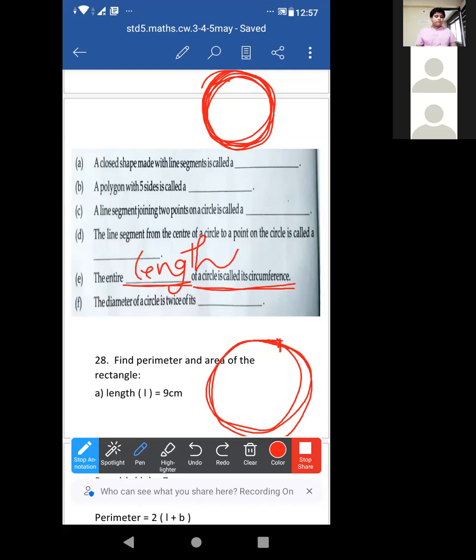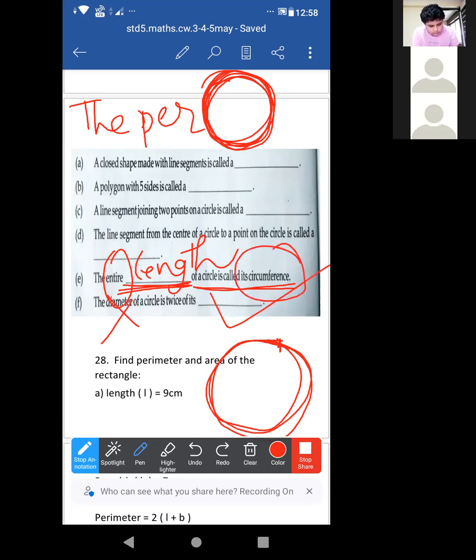One thing, some of you will say the entire perimeter of a circle is circumference. Some of you probably will say, but this answer will not be perimeter. The entire length. If we don't use this word entire, then the answer may be perimeter. The perimeter of a circle is called the circumference, we can say. But as the word entire is written over there, we can't write the answer perimeter, entire length. Ultimately, the entire length means a perimeter.